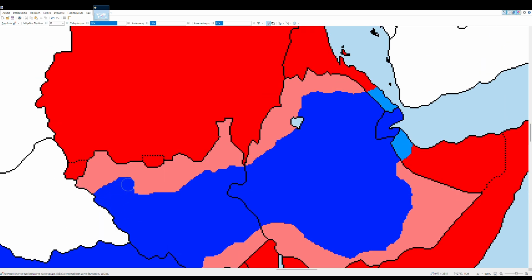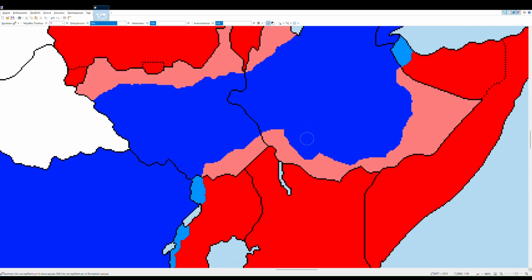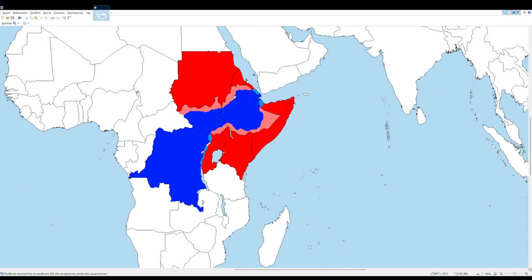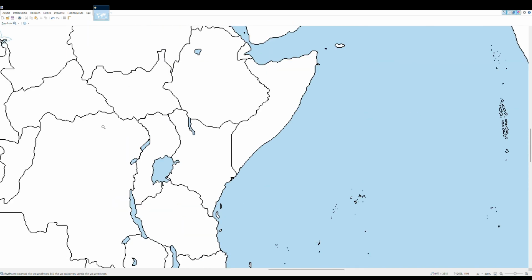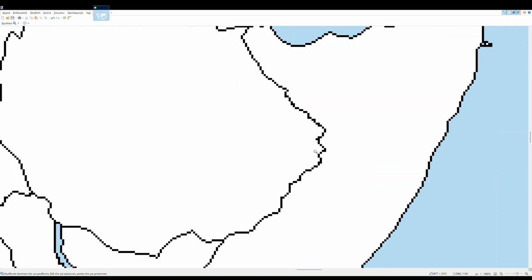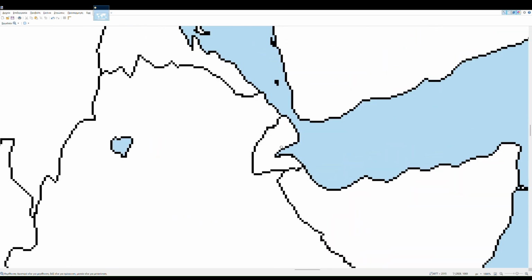So after a great amount of pushback, the two sides will come to an agreement. So let's see it. So this is going to be the peace treaty. Ethiopia is going to get something from Eritrea, Somalia is going to get something from Ethiopia, Djibouti is going to